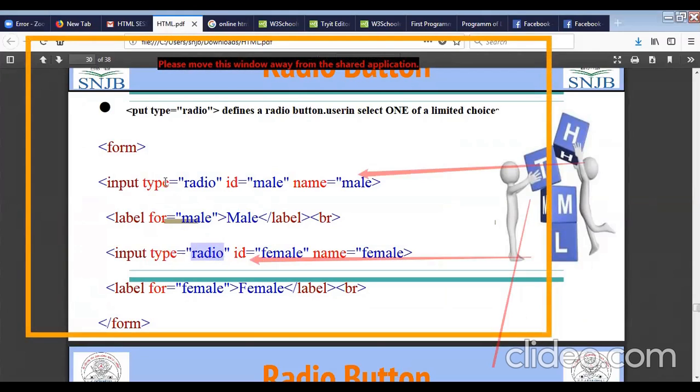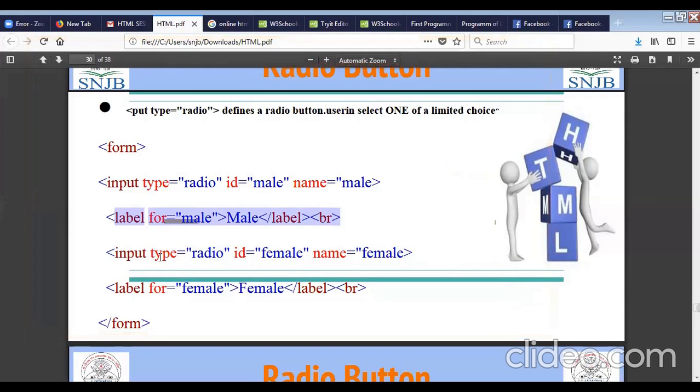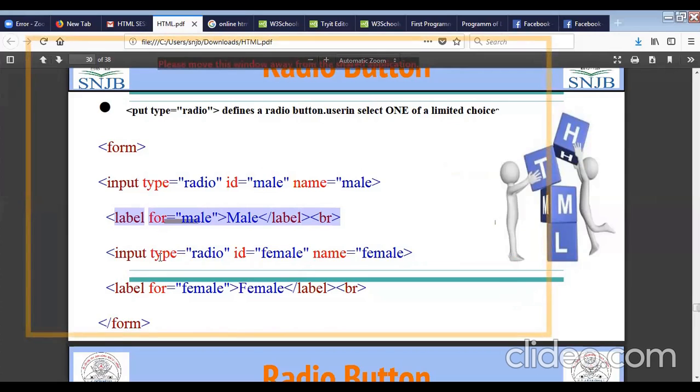So type will be radio, ID will be male, name will be male. Okay. Then for label, labeling will be only male. Again for female also, the code is same, you have to just replace the text with radio button. Okay, with radio.